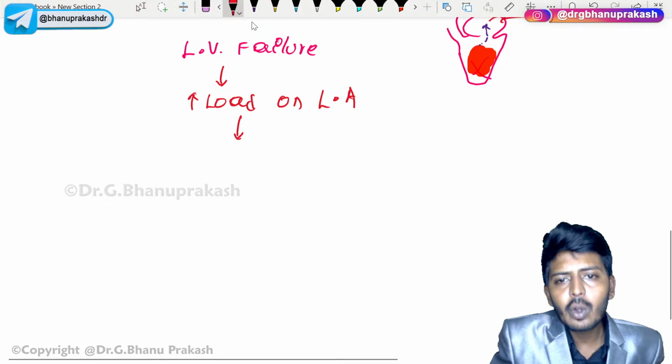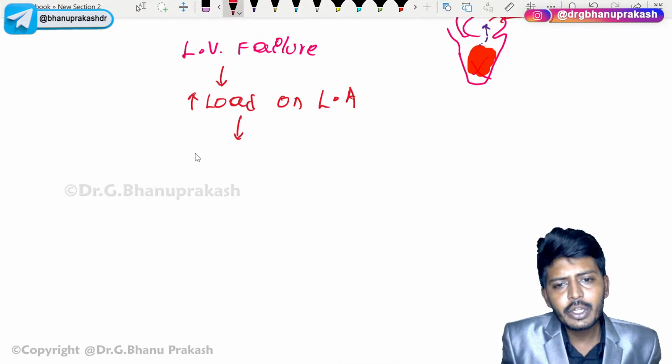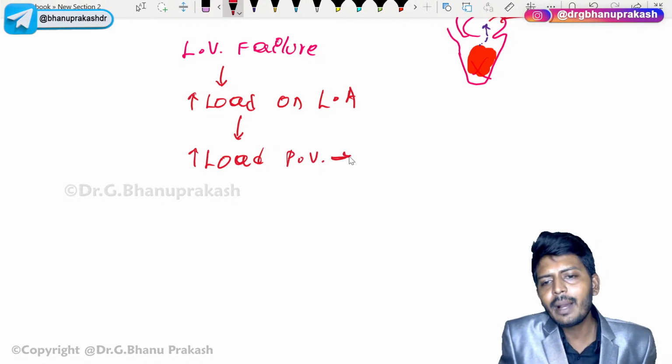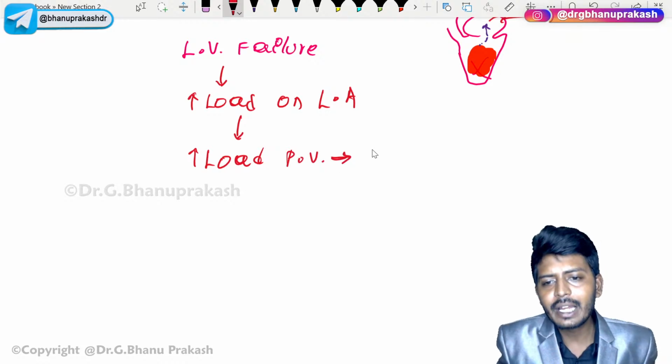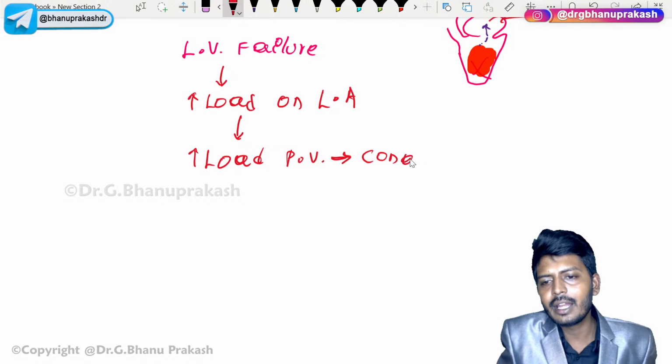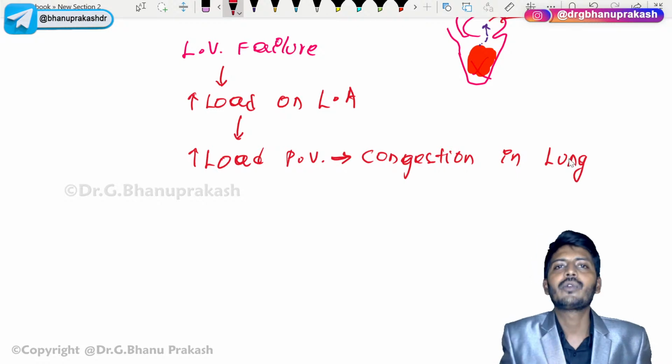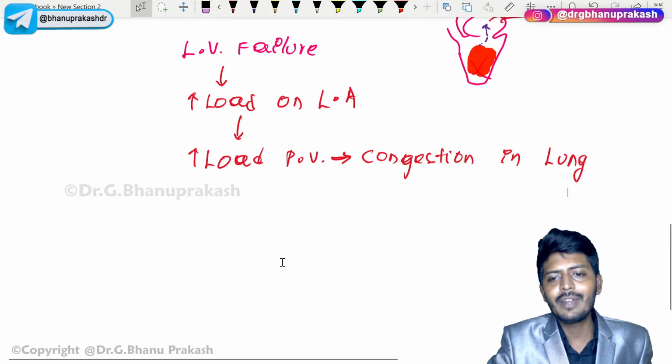If there is an increased load on the left atria, that will lead to an increased load on the pulmonary veins. If there is more blood pooling up in the pulmonary veins, automatically it will lead to congestion in the lung. Congestion in the lung. If there is congestion in the lung, what will happen? The next important question we will have is